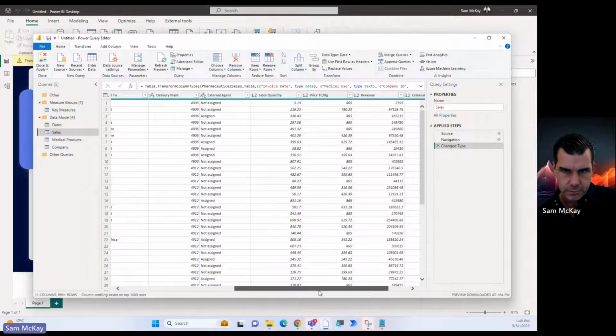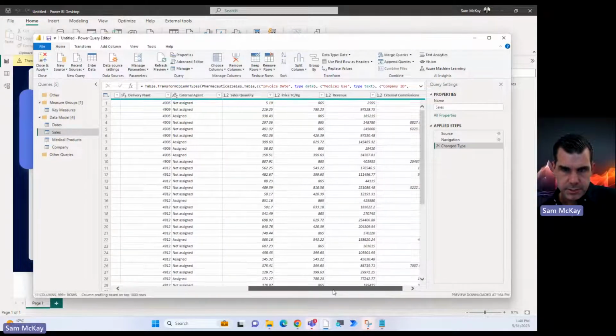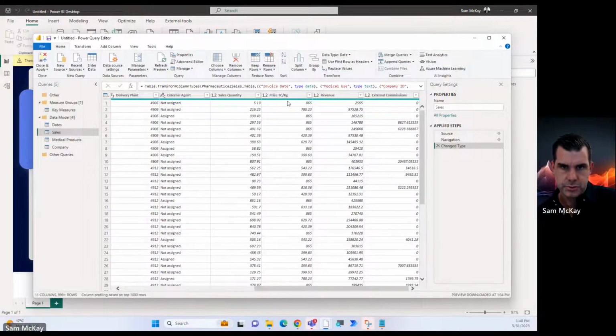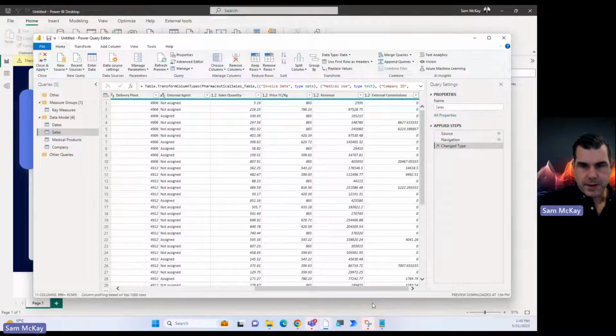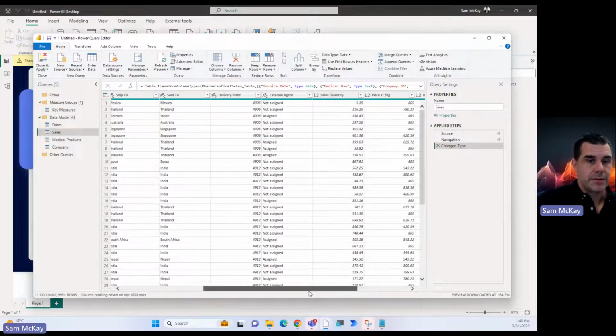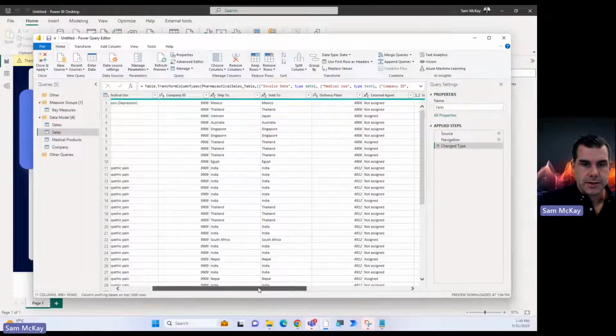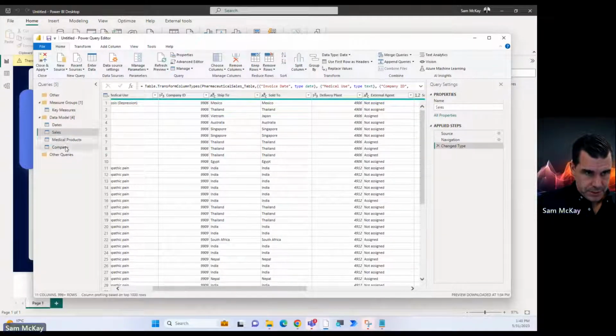Now, price per kg. Okay, cool. I could do any of those, right? Probably, I don't really need to show you guys that. Potentially what we could do is this.